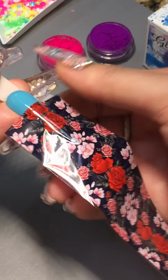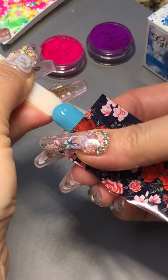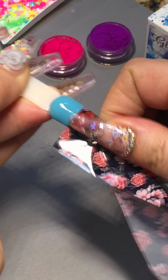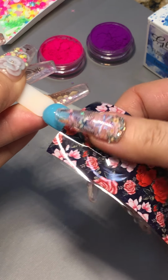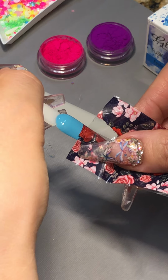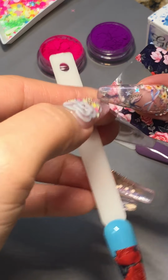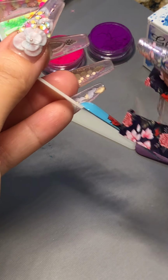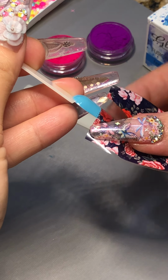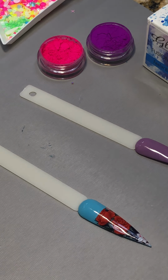They probably only stick wherever I'm applying my transfer foil. Give it a good press. Rub it on. I'm missing this spot. Maybe I didn't have the transfer foil glue there. It only stays on with transfer foil glue. Nope, I don't think I have the glue on it, so that's why. The transfer foil, so I'm going to